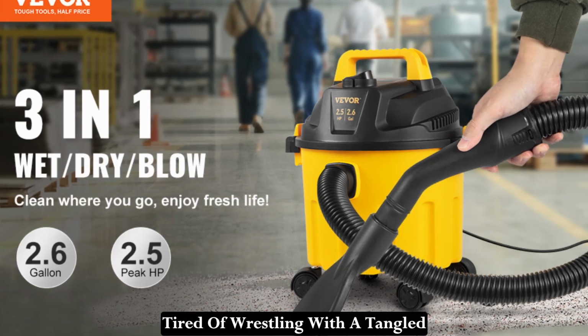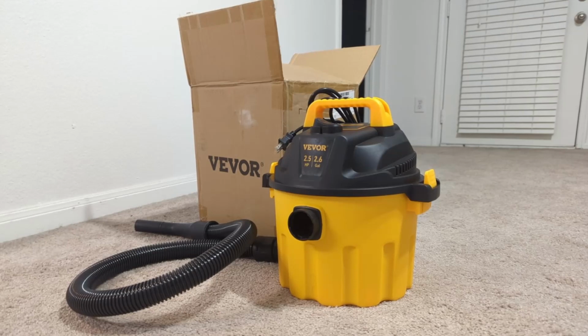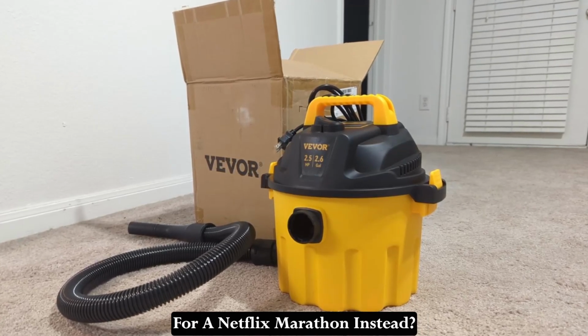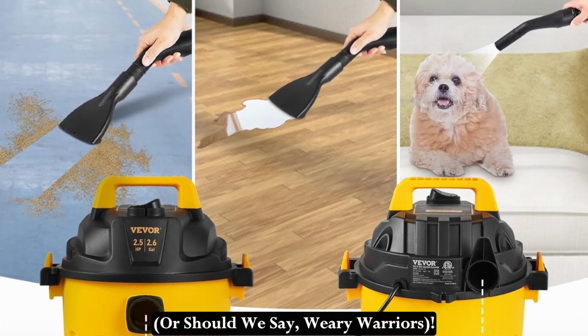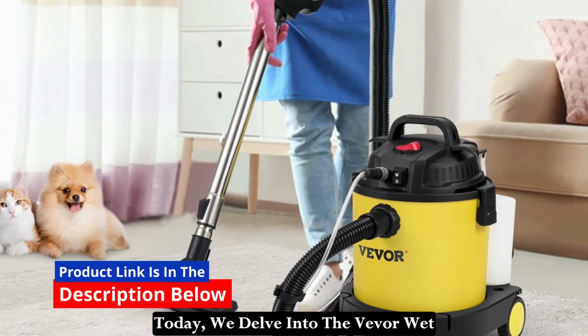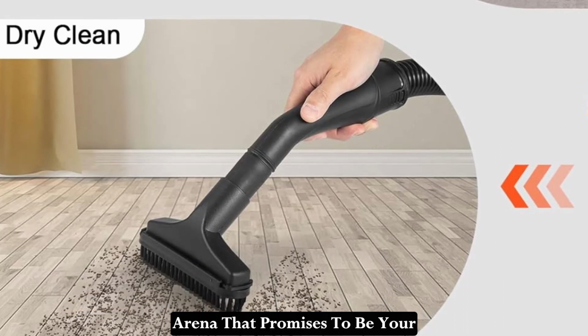Tired of wrestling with a tangled mess of hoses and attachments every time you need to clean? Does the mere mention of vacuuming leave you yearning for a Netflix marathon instead? Well, fret no more, cleaning warriors, or should we say, weary warriors. Today, we delve into the VEVOR Wet Dry Vac, a contender in the cleaning arena that promises to be your